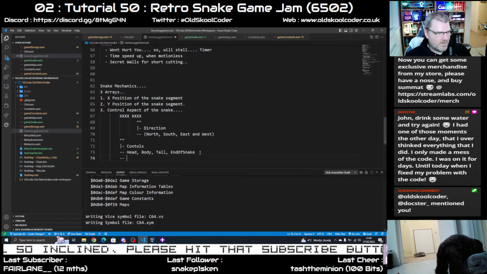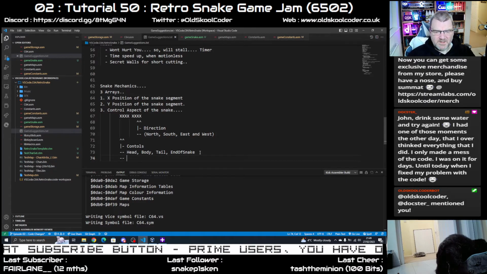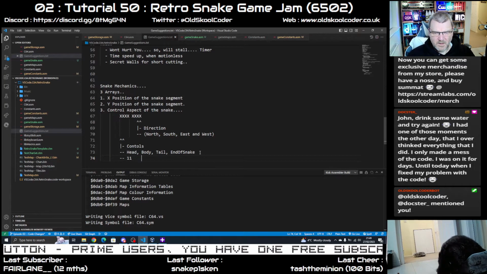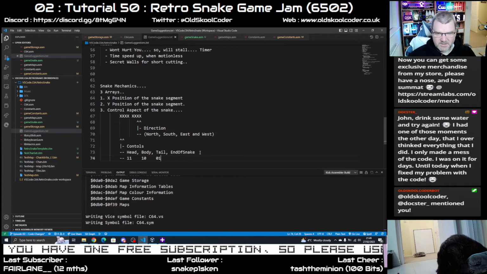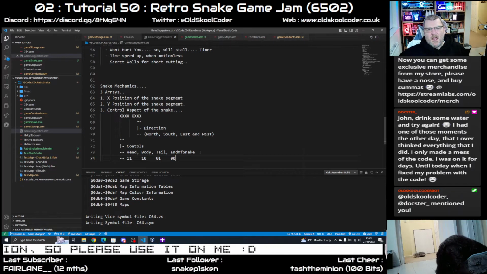Yeah, that's the problem. I get a bit too far ahead. Right, so the head. We'll make the head 1, 1, yeah? The body we will make... Oh, I might as well do it this way. The tail's that. And the end of snake is... No, we can't do that. Because we need a way of identifying...